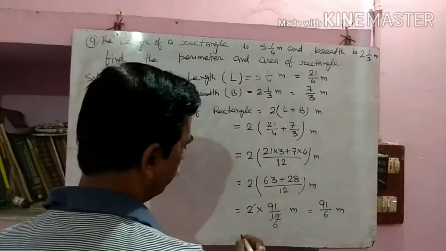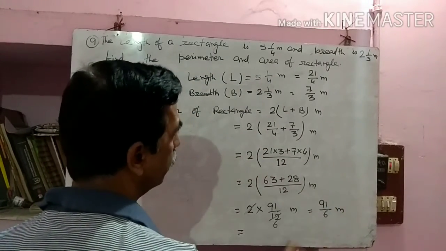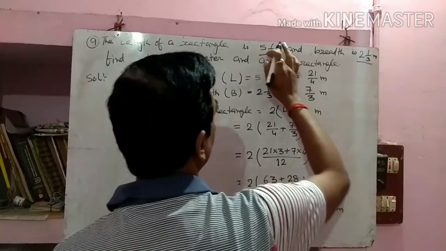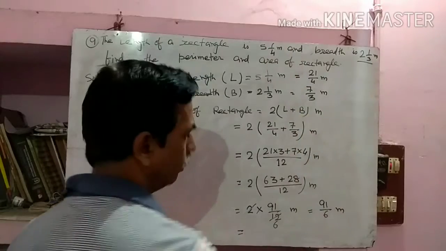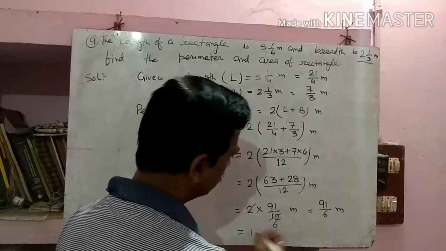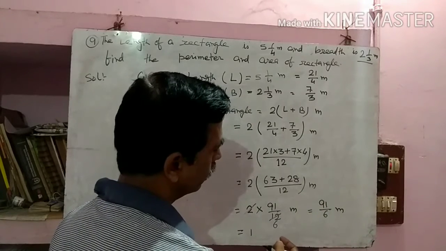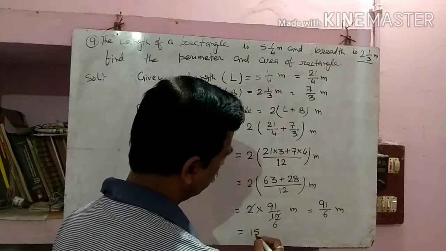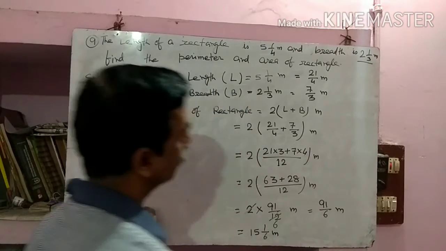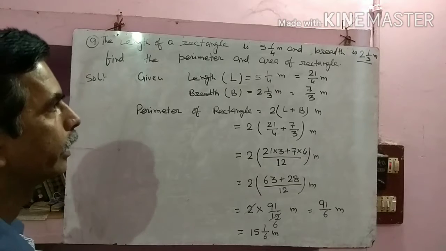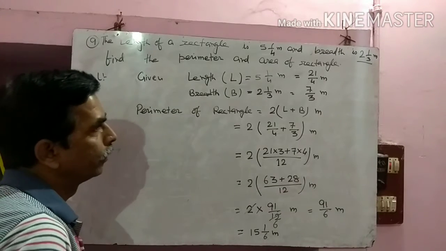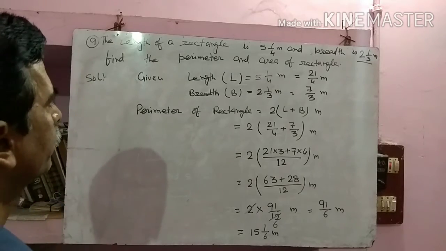So if you divide that and convert it to mixed fraction, what will you get? All the length and the width are given in the form of mixed fraction, so we have to find the value in the form of mixed fraction. So 6 times 1 is 6, then what remains? 31. 6 times 5 is 30. Then 1 by 6 meter. Okay? Write it, then we'll find the area of the rectangle. Pause the screen and write.